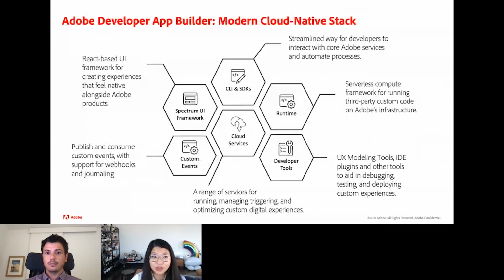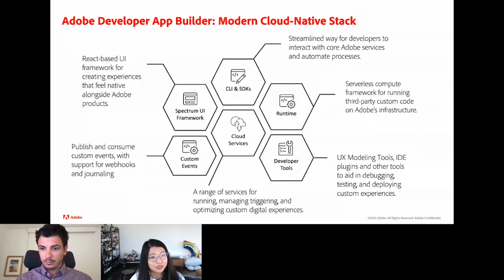Now, before I officially hand over to Meryl for the demo, let me just quickly recap all the Lego blocks that come with App Builder out of the box. First, we have a ton of developer tooling, starting with the Spectrum UI framework. This is actually the framework that we as Adobe also leverage in-house in building all of our experiences. We've made that open source so that you can leverage this to build applications that look and feel like Adobe